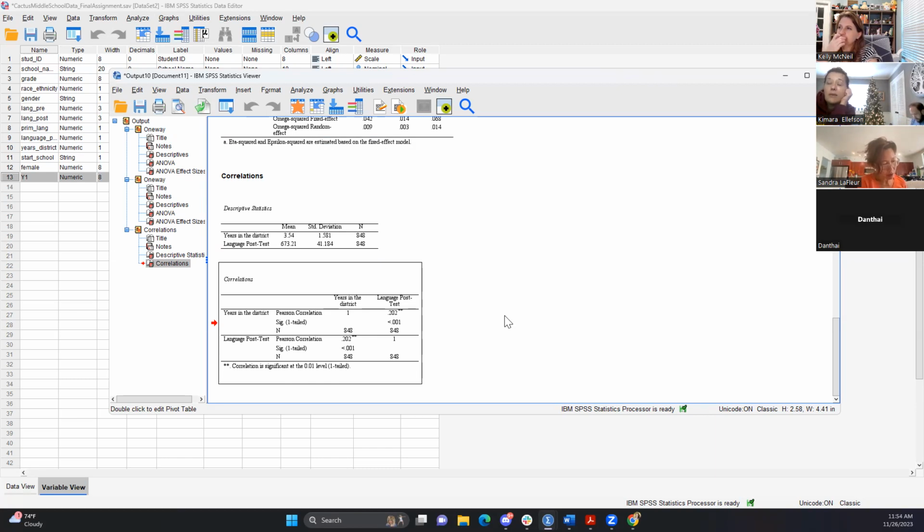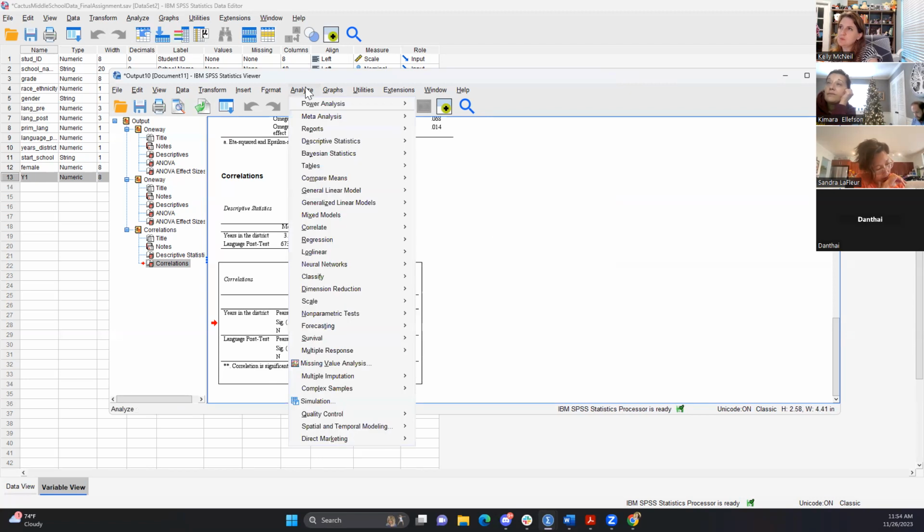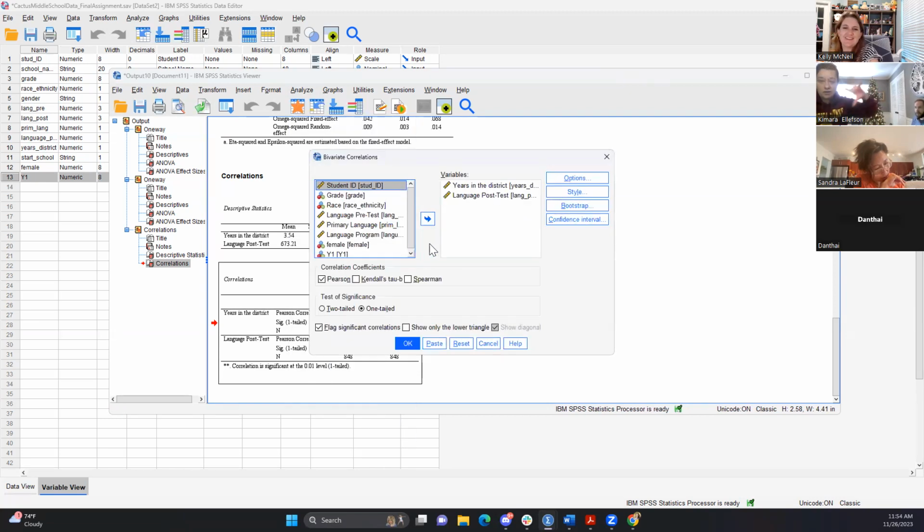Well, you can. I mean, it's that there is a statistically significant. Oh, it's saying that the correlation is significant means that the relationship is not due to chance. Right. And they did a two-tailed, but that doesn't matter. You could try it with a two-tailed and see if that changes. I'm struggling that we only have year 1 up here and we didn't get a true Pearson's correlation table. That's what I'm struggling with.